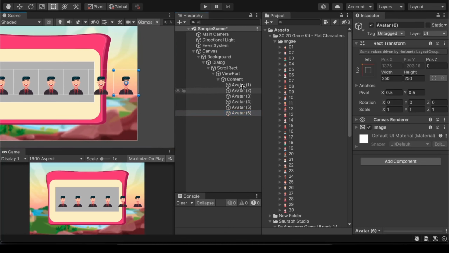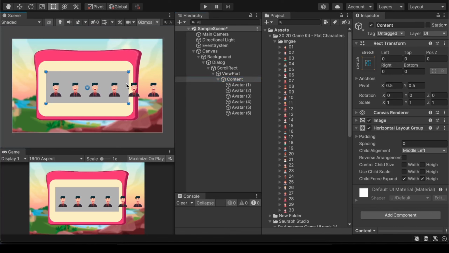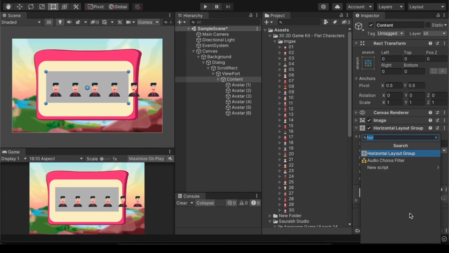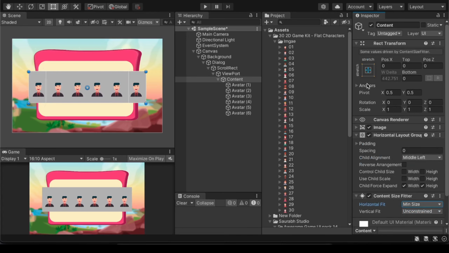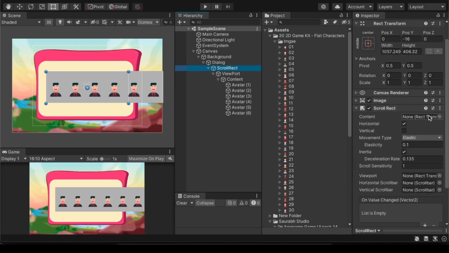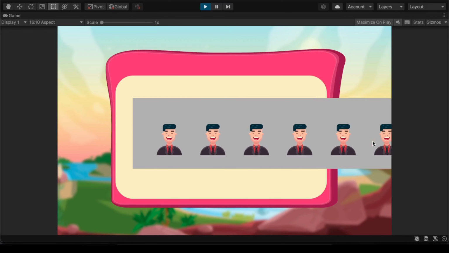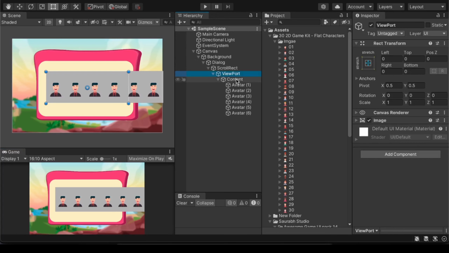Here is another problem. Go to the content, add a content size fitter, set the horizontal fit to min size and set it to left. In scroll Rect assign the corresponding fields, content here and viewport here. Here is another problem which is that it is completely shown outside the border, so just go to the viewport and